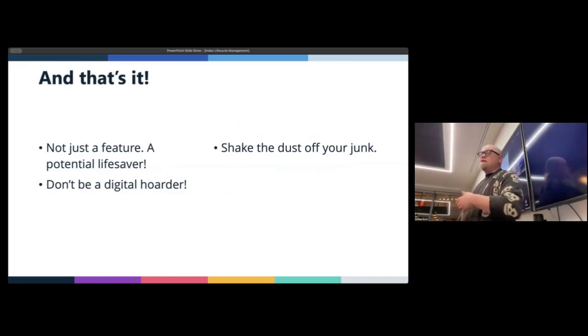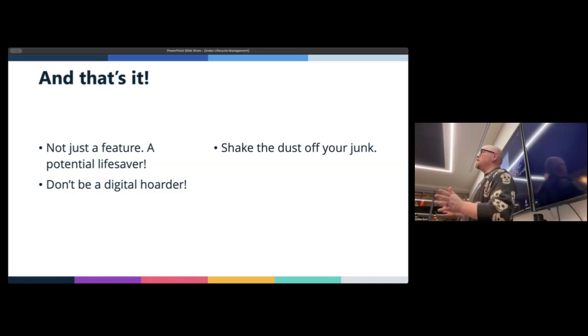So yes, it's not just a feature, it can be a lifesaver. It can save you dollars out of your pocket. It can save you sanity when you're trying to keep track of what data is in which index. If you automate these things and make sure that you're keeping them clean, it's always best practice, because if you end up with 7 years worth of web logs in one index, it's going to be very inefficient to query it and to make much sense out of what's in there.